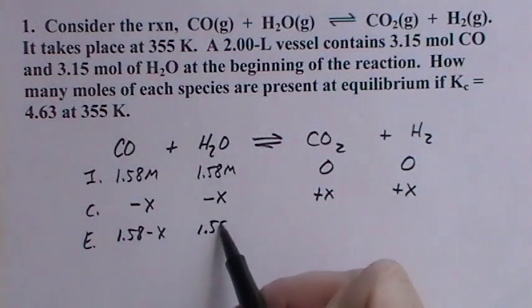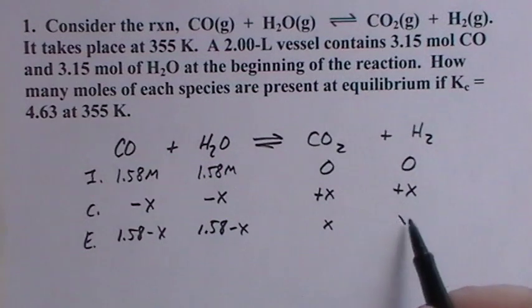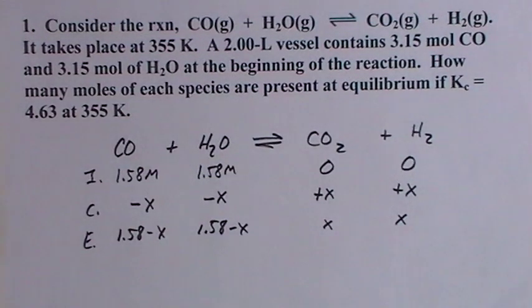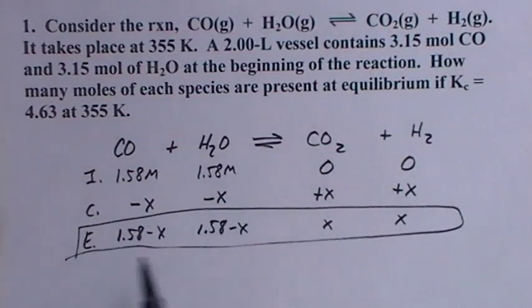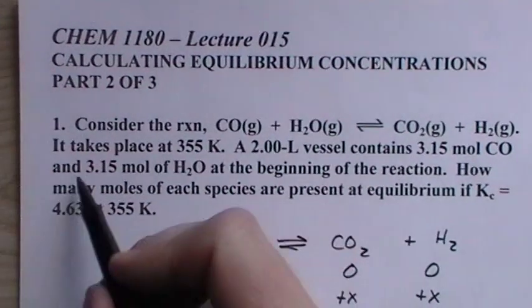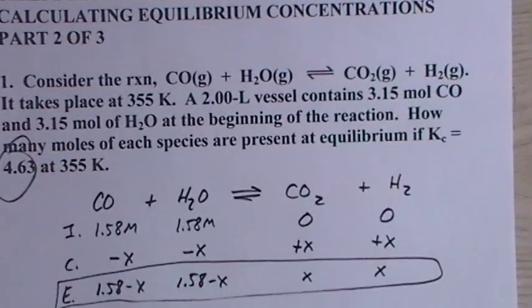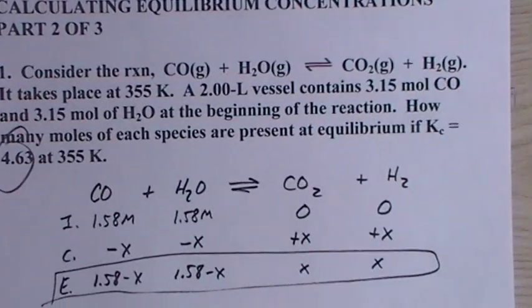I'm going to leave off the molars because we know what they are. Now, we have x. We can see that if we can solve for x, we'll have all the information, which means that since we're at equilibrium, if we can put them into the Kc expression, we should be able to solve for x, but only if we know what Kc is. So look back here. Yep, we can solve for it because we know what Kc is. So Kc